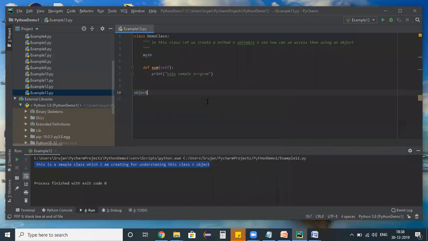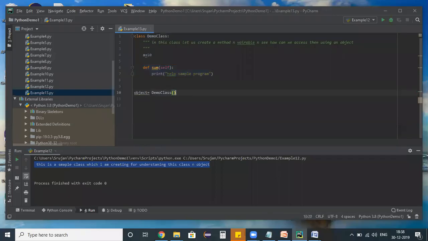So obj is equal to DemoClass. Whatever the class is, DemoClass, I have to create an object for that. And now using this particular object, I can access this variable, as well as this particular method. Okay, fine. Let us see here.